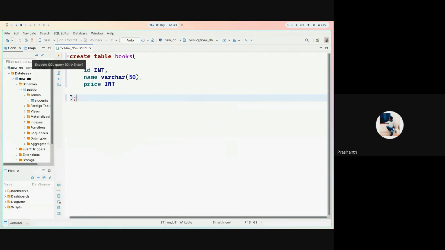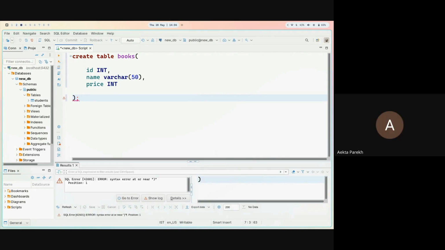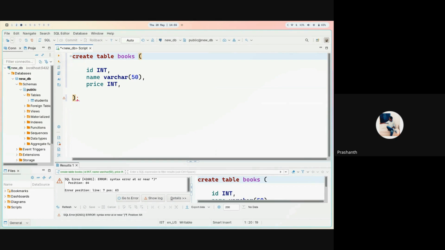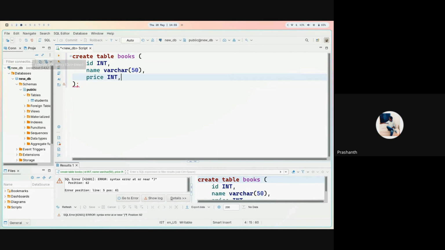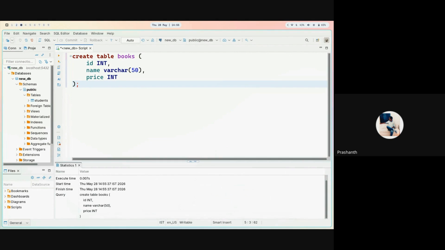There is a run button here, execute script. The button is not working, so I'll use the keyboard shortcut, and it worked. If you can see now, it's finished.